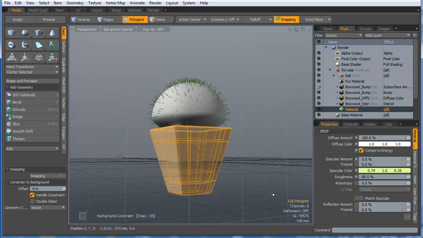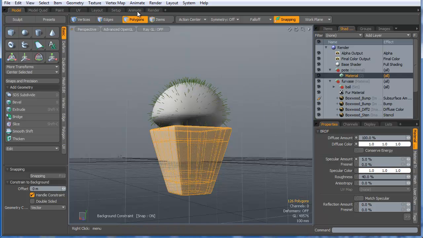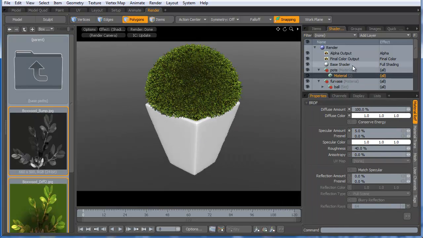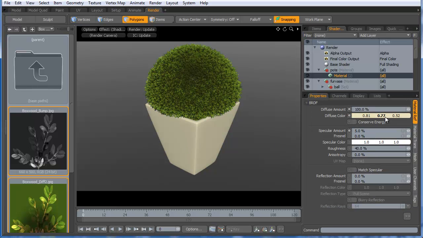Now let me go to my item here and I'll select that, go to polygon, select those and give it a material, and it will be pote. That's how I can call that in Brazil, pote of the plant. And you are learning Portuguese, aren't you? And I'll make that a brownish color, and I'll give it a little specularity here, and I'll give some reflections,